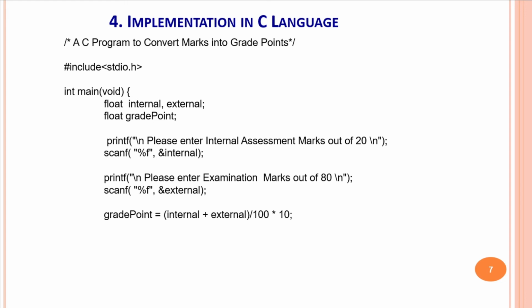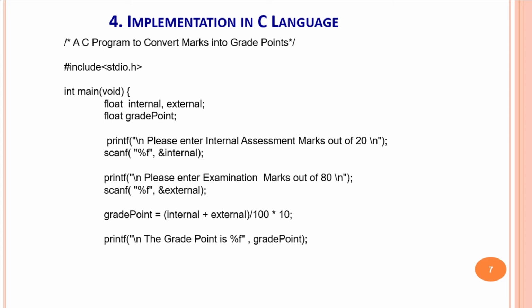Internal marks will be added to external, then divided by 100, and that ratio will be multiplied by 10, and this product will be placed into grade point as a variable. So grade point is assigned (internal plus external) divided by 100, into 10. Then these grade points are calculated and available with the computer.